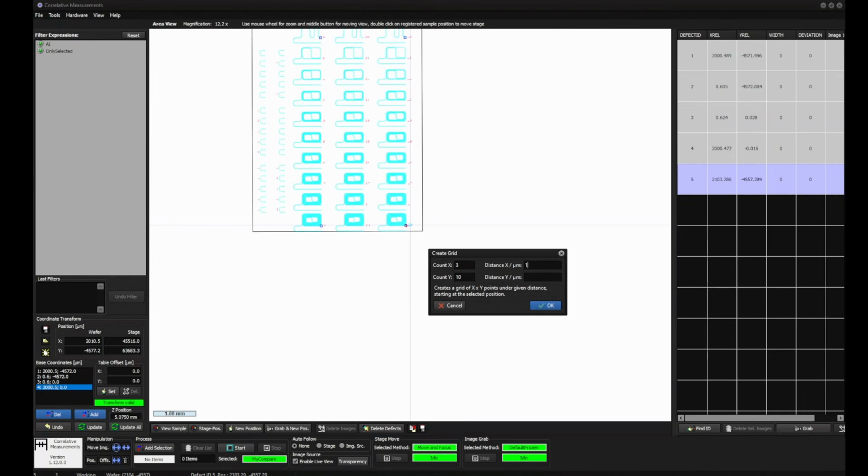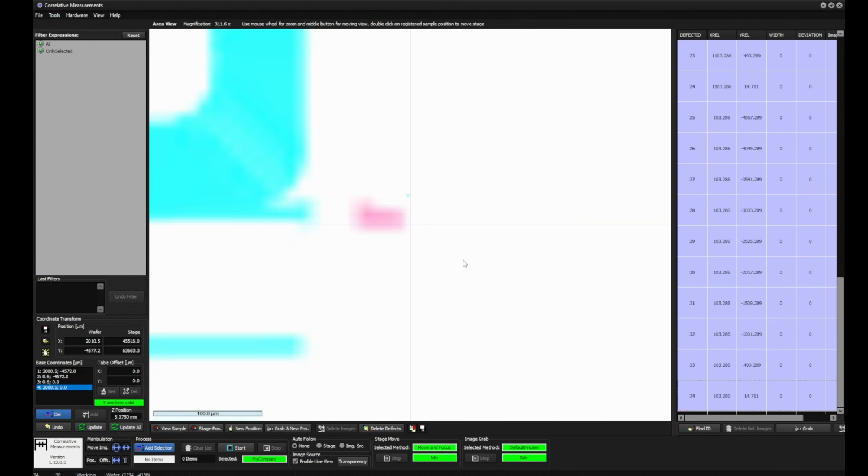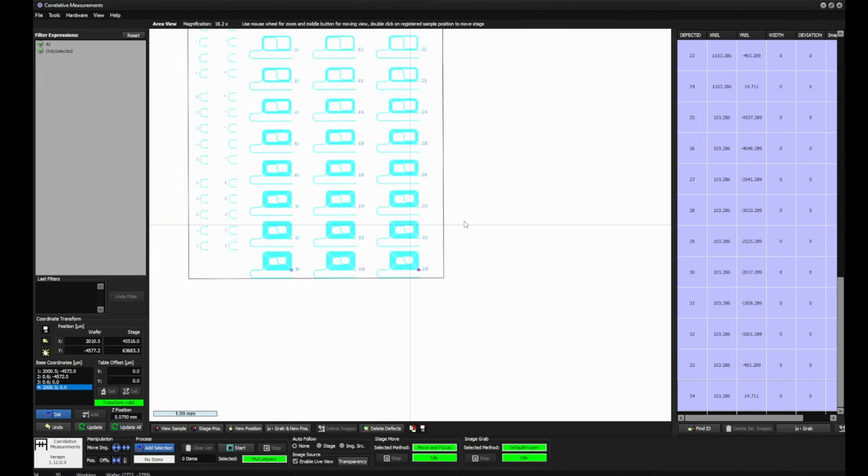I know that the distance x is 1000 micrometer. We should actually give it a minus sign because I'm on the right side. The y distance is 508 micrometer, why ever this is defined like that. The good thing, you can directly take these coordinates from the GDS files. So if I add this now, I have created a point here on all the numbers. And a very straightforward thing now is to add this to a process list, then